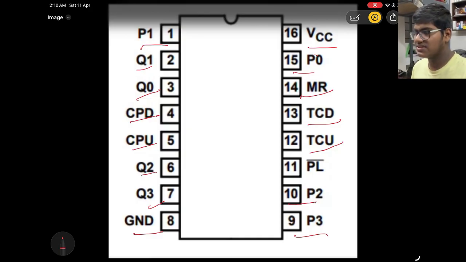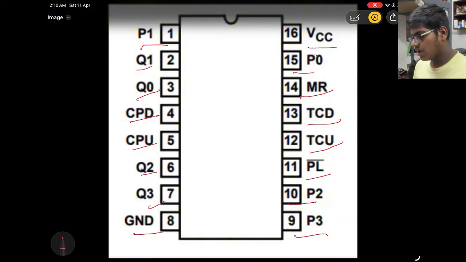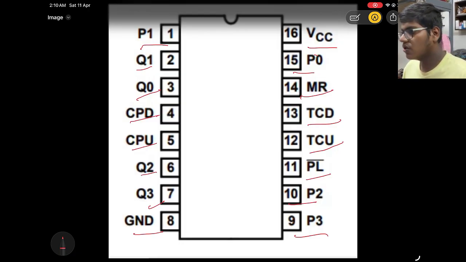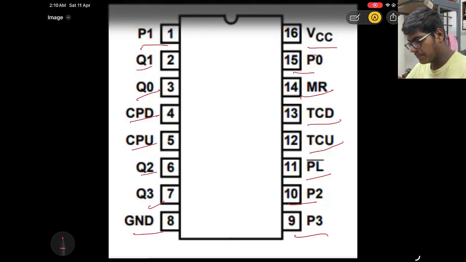When the value exceeds 1111, or decimal equivalent 15, it goes to carry output. When the value goes below 0000, which is decimal equivalent 0, there's a signal on the borrow pin, pin number 12. Pin number 11, load PL, is used for loading the values into the output pins 2, 3, 6, 7. Now basically how this works is when a pulse is passed through CPU, pin number 5,